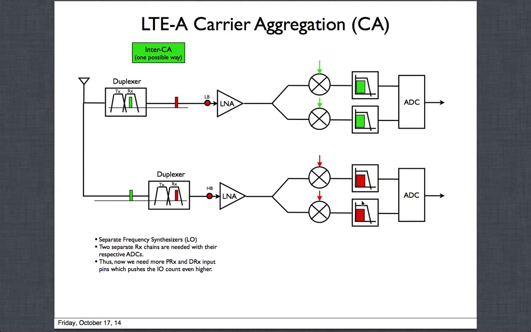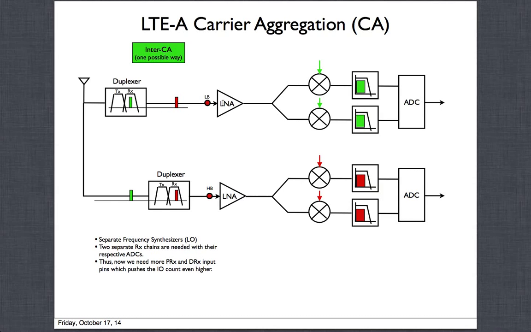Then we have the filters, the low pass filter and ADC is again 2x. So hardware wise, we have two synthesizers as we had previously. We had two chains, two ADCs and everything to support carrier aggregation. What has gotten worse here is we also need separate LNAs, because a single LNA, which are mostly narrowband type matching, as we will talk in a few slides, cannot actually receive both low band and high band signals through the same path. They have to be wideband LNAs, and once you go to wideband LNAs, power goes up, lots of other problems, filtering of the jammers and all that comes.